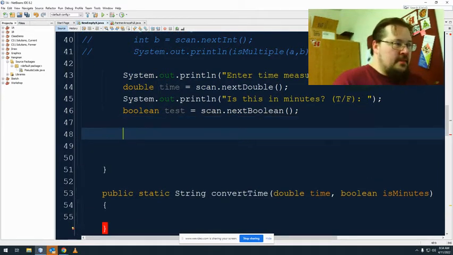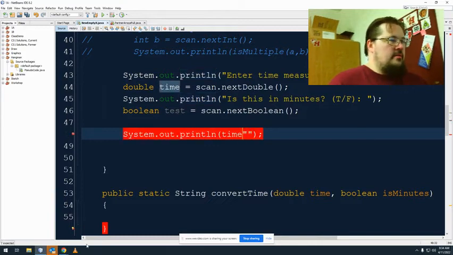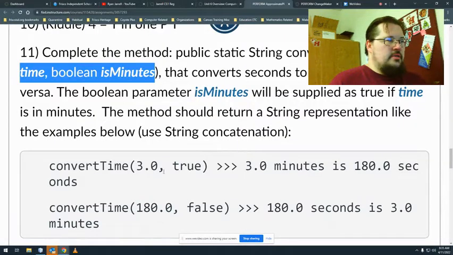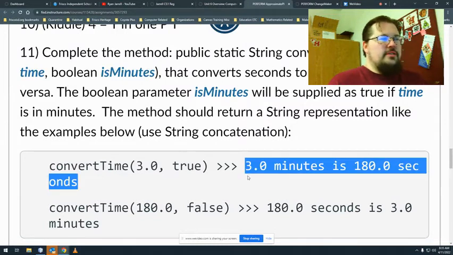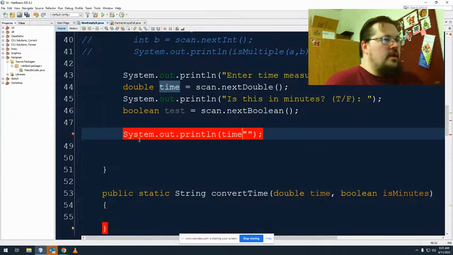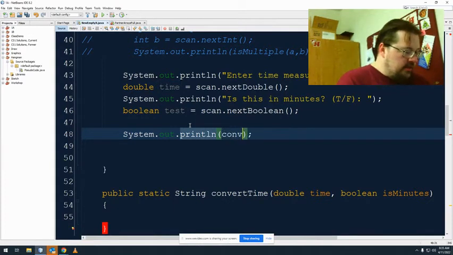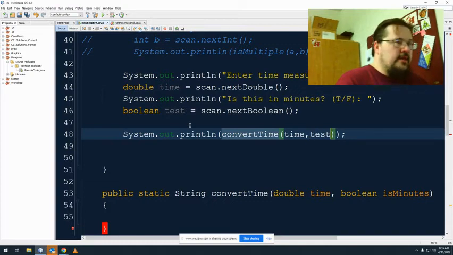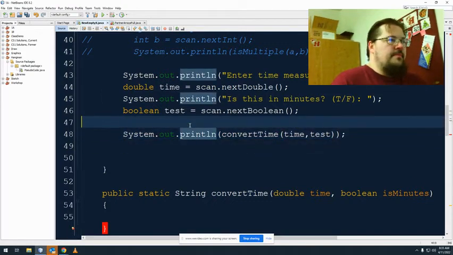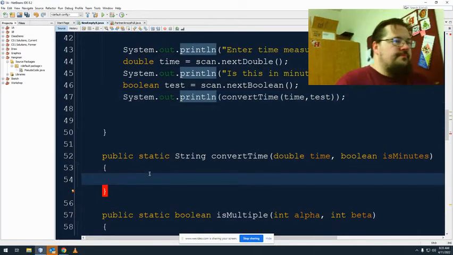So I need to do my method call, but I also have another print statement. So the print is going to be time, the output. Okay, so that's not actually a print statement. This is what it wants us to print, but this is what it wants to be in the code. So we don't actually have a preamble. So convert time, and we'll send time and test. So down here, all right,